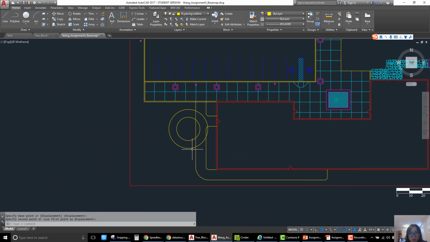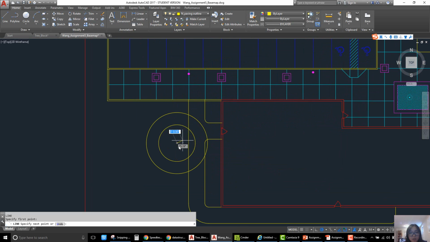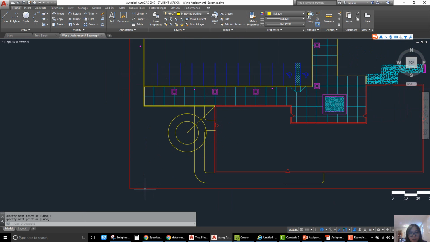Draw a mirror line connecting the center of the circle and maybe this point, and I will extend. So this is my mirror line,